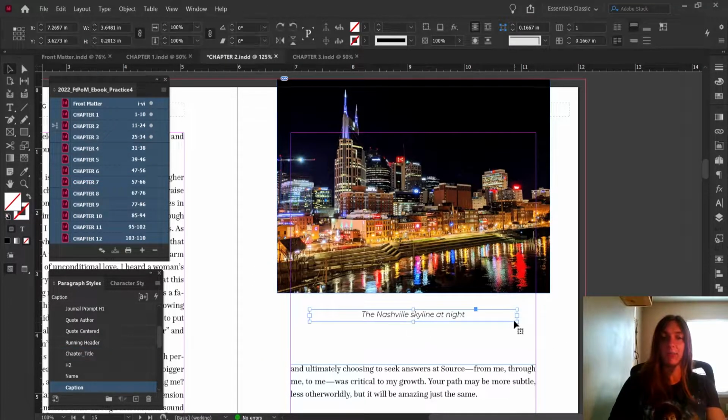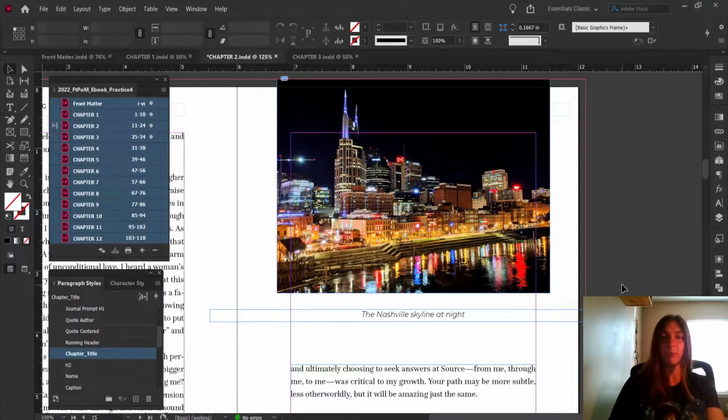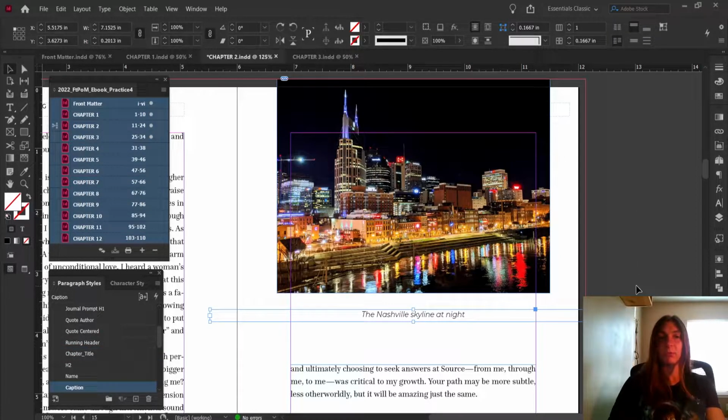Let's say I extend the width of my caption to this wide. InDesign is now going to read this item first. It's going to come across this before it gets over here. So when you're grouping a caption along with its image, make sure that the caption box is smaller in width